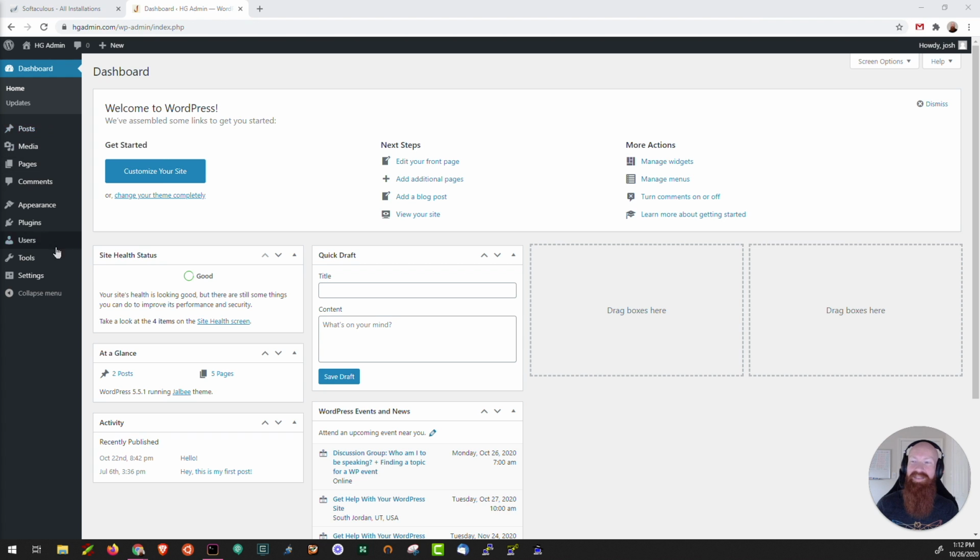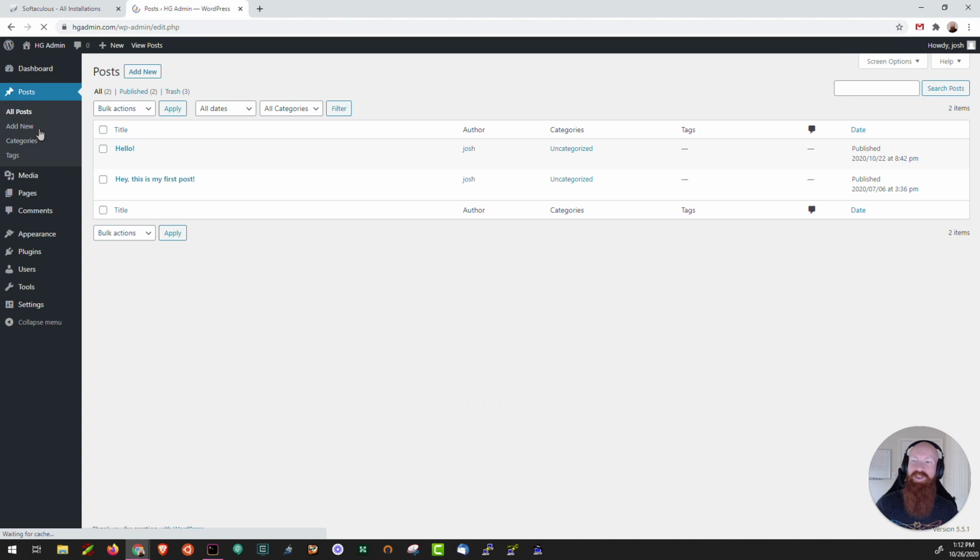Now I want to show you the left-hand side because this is where I do most of my navigation. I'm going to start out here on the post section, and we'll click on the post button to take you to where you can actually view and create new blog posts directly on your site. If you want to add a new post, you can click the Add New button up here. All you need to do is give it a title, start typing away at the actual blog post itself, add pictures, videos, whatever you want to.